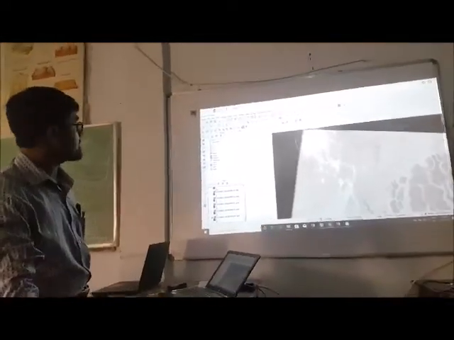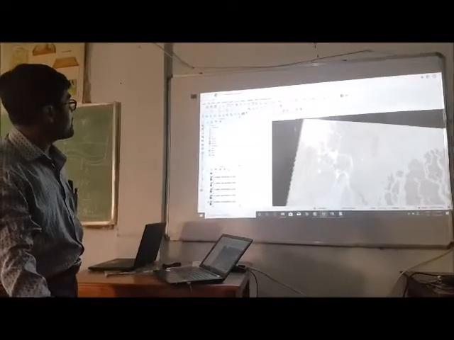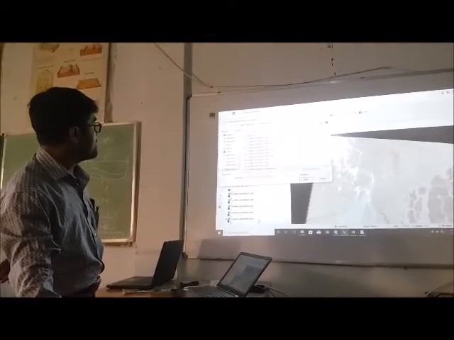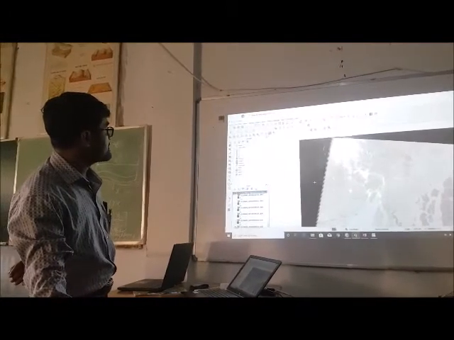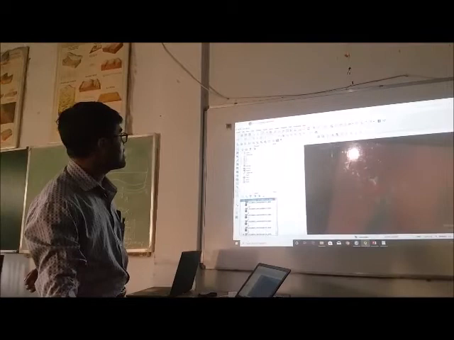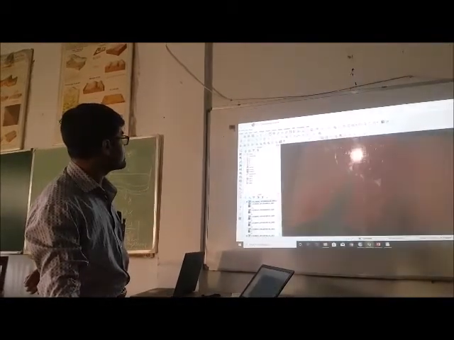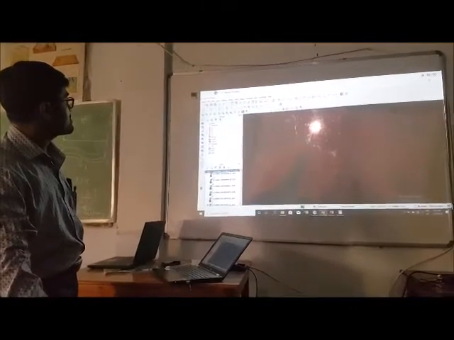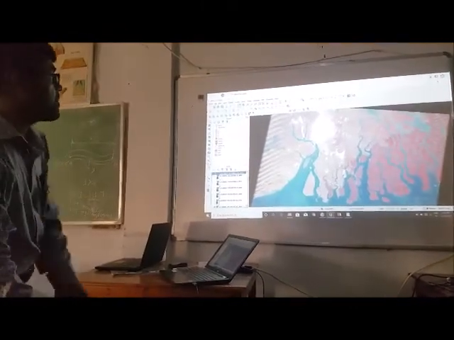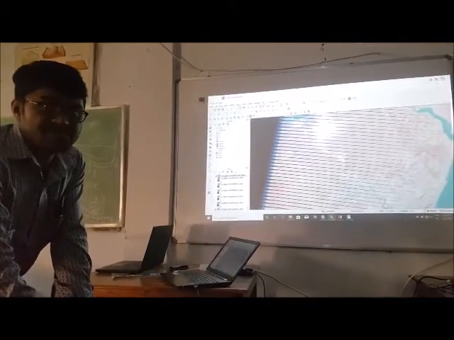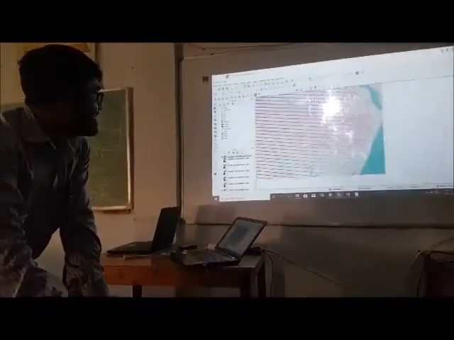A standard false color composite of this image has been prepared here, and that can be seen like this. See, this is the standard false color composite of the image. Here, these are the bad lines. These are the bad lines.